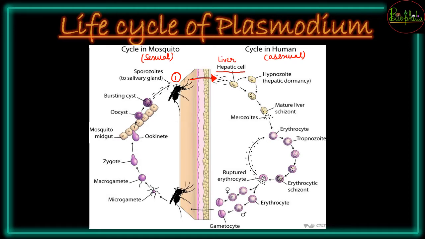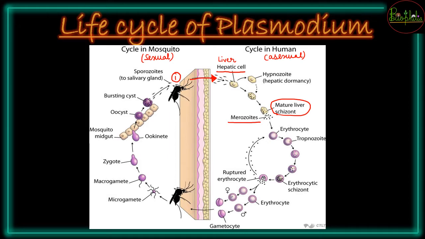So as the blood circulation comes near the liver, they go into the liver, stabilize and form their new cells. Then they will mature into the mature liver schizont, which is a big sac containing many small merozoites. These merozoites will be full in a bag, and that bag is called the mature liver schizont, which bursts after some time because now there is no more space remaining, and now these merozoites will be left out into the